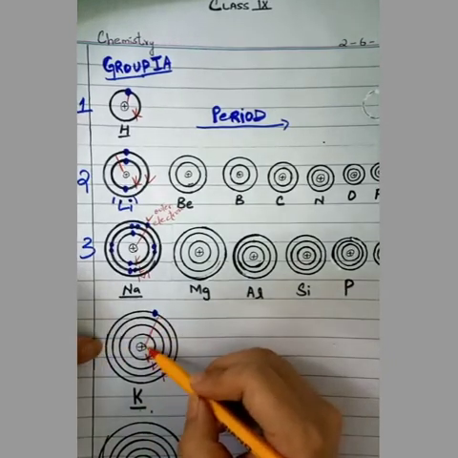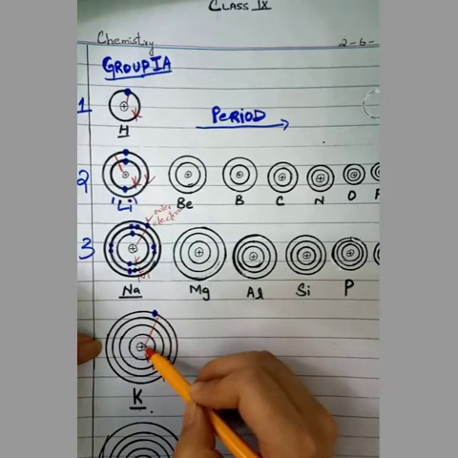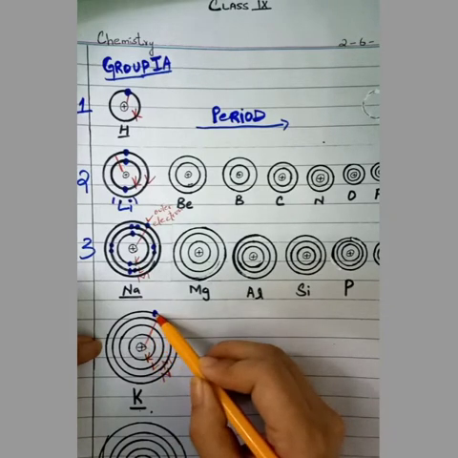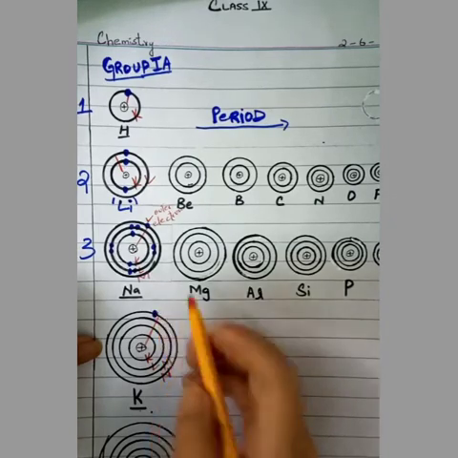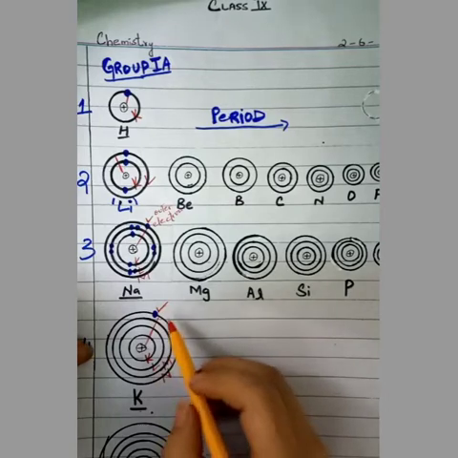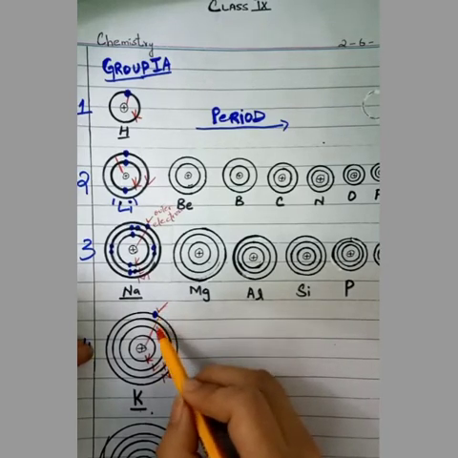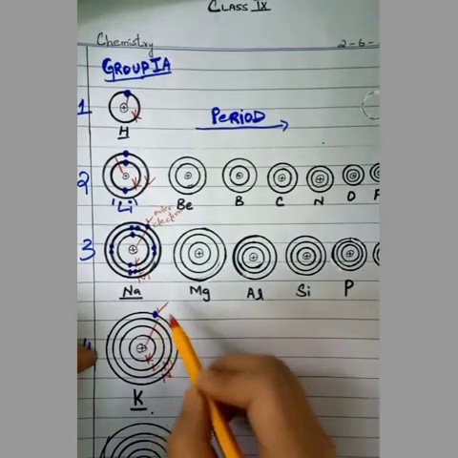When distance is increased, there is a decrease in the nuclear force of attraction to the valence electron. इसी वजह से अगर हमें इस इलेक्ट्रॉन को रिमूव करना है, ये कौन सा इलेक्ट्रॉन है, आउटर इलेक्ट्रॉन. इसी वजह से जब हम आउटर इलेक्ट्रॉन को रिमूव करते हैं तो हमें कम एनर्जी चाहिए होती है. ठीक है, और अगर ये इलेक्ट्रॉन हम